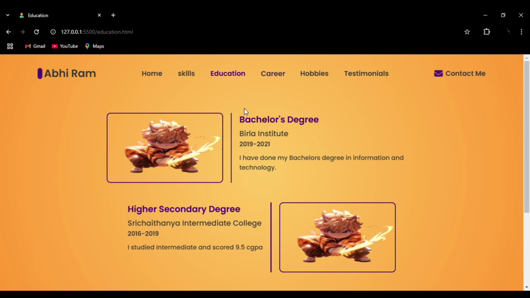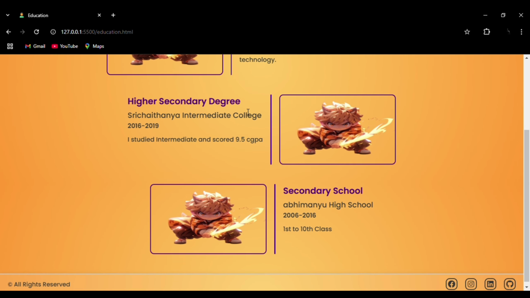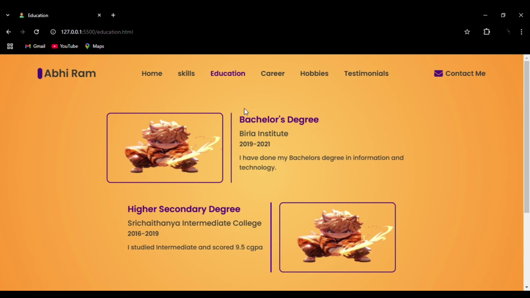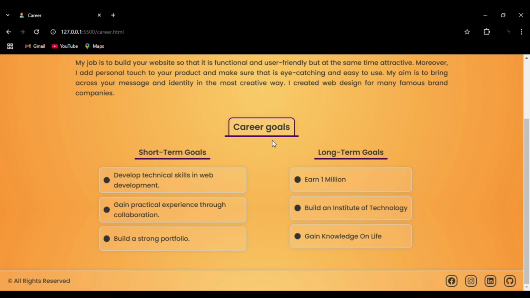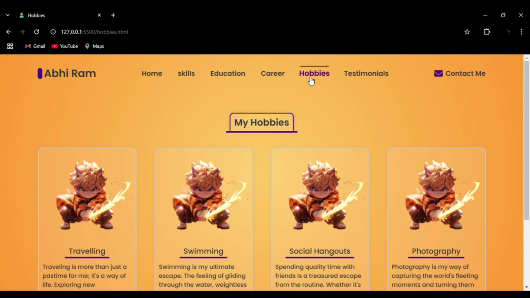You can see this is the education section. They are aligned one after the another using flex. Then we have career. In the career you can see the box shadow effect around each and every goal. You can see how professional it looks. Then we have hobbies,